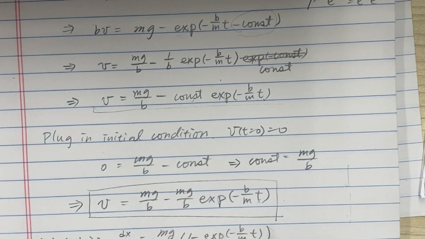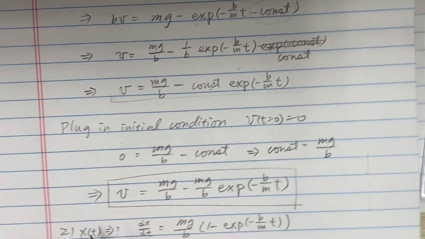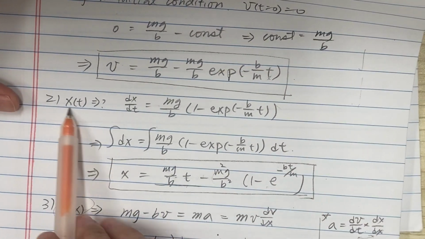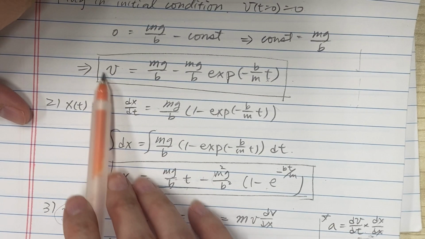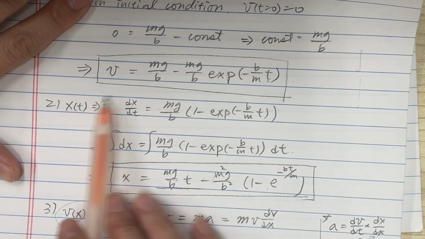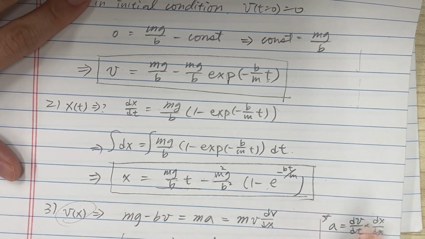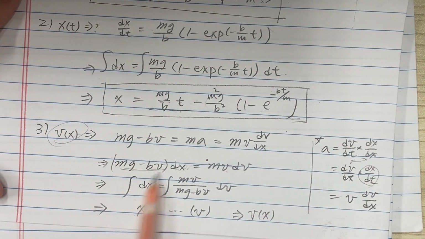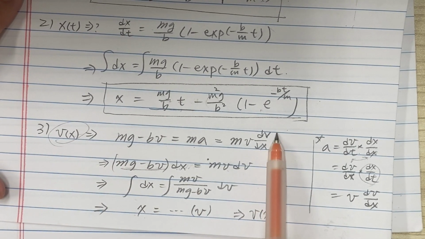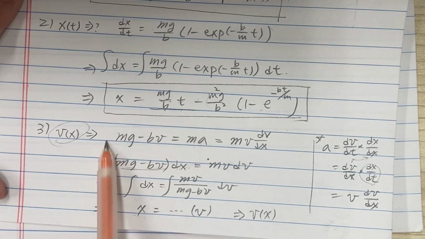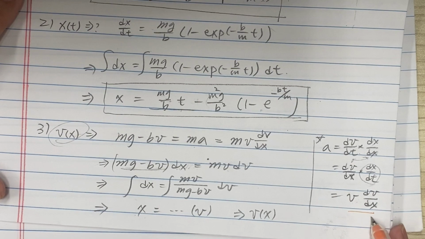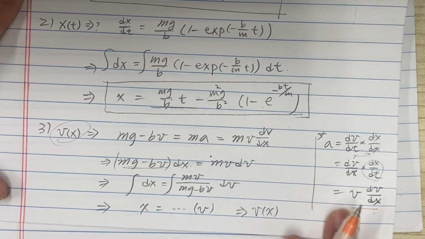Okay, and then after that, if you want to find x(t) here, then because once you have the v, you can rewrite v in terms of dx dt, and then integrate out both parts to get the x. This part is something we will practice next time, the v-x relationship, and the trick is to just go back to the original equation of motion and swap your a to be v times dv dx instead of the dv dt. Okay,